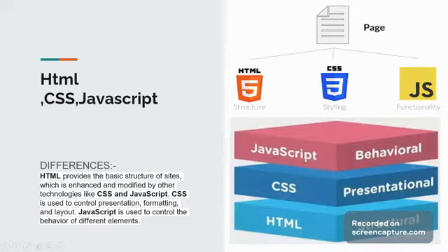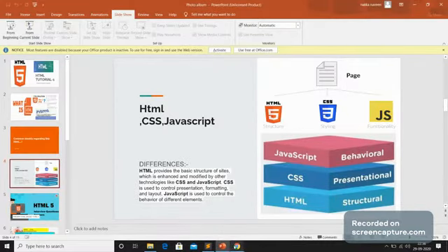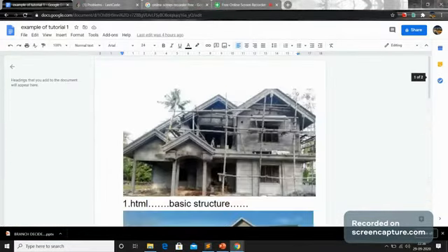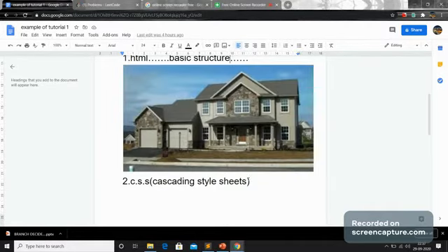We will see one example of how these three are related in our daily life. Okay, I will show you one example. See here, this is a house under construction, and this is how it looks in its basic structure. This is the HTML form, where HTML looks like this, as a basic structure. After using CSS we will design and style it, or color it, and the designs will be made through this CSS.